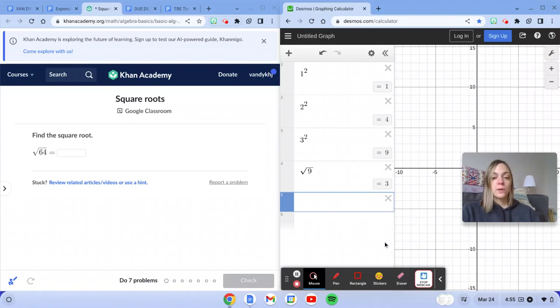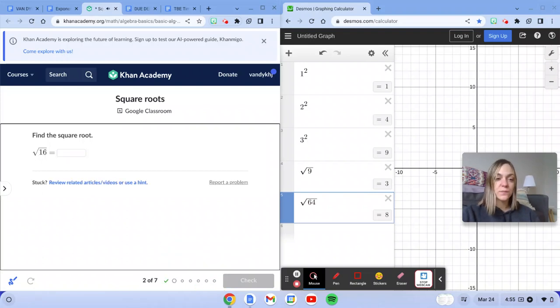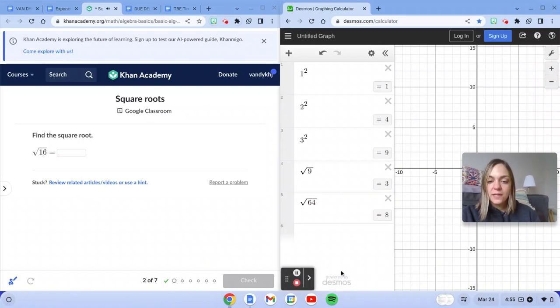Okay, so we've got the square root of 64. So I'm going to type square root 64. Some of you maybe already knew that 8 times 8 is 64. Therefore, the square root would be 8. But if you didn't, you can use Desmos to help you. And that little button is going to be